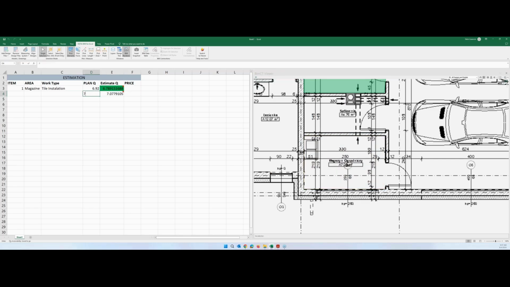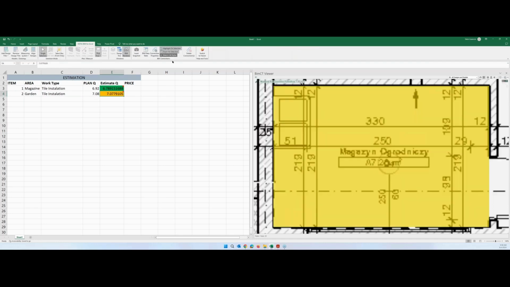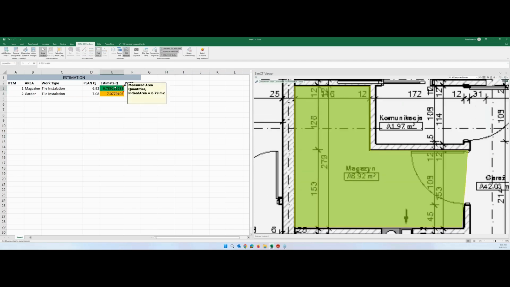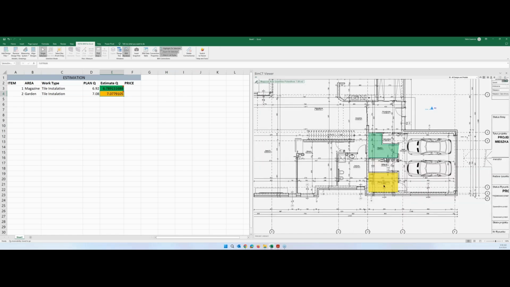708 was the plan, and we calculated here item 2, and here garden room, and here again tile installation. And this one we would like to color, let's say, in orange. Now this is our estimation area. When you select it, you will be able to see it in both options. By the way, you are able to also